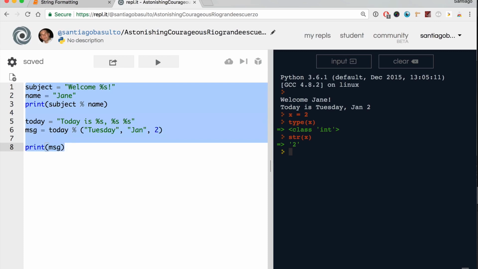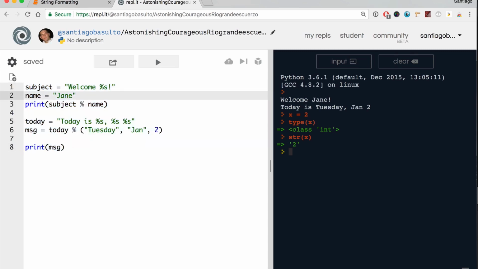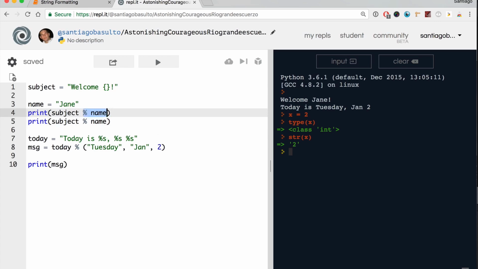There is a new way of formatting, a new style of formatting that is gonna use something similar, but it's gonna change a little bit. So first of all, the way you will express the placeholders will be, instead of percentage S, you will put here curly braces, opening and closing curly braces, like a placeholder, like a blank space. This thing needs to be filled with some dynamic data. And how you're gonna combine that with your dynamic data, you don't need a percentage symbol. What you will do is get the original template string, we can call this one a template, and do dot format